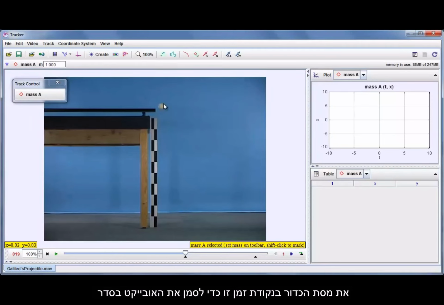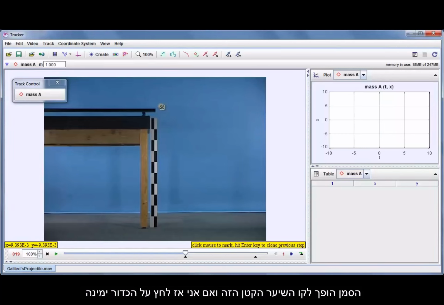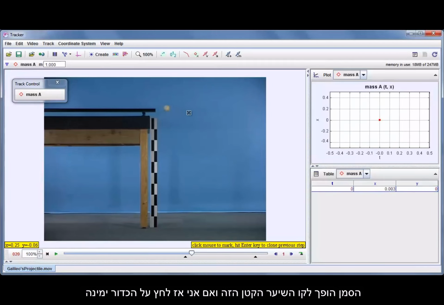So to mark the object, even though I created the track, I don't have any marks on here yet. I have to hold down the Shift key. I just push the Shift key, and I see that the cursor turns into this little crosshair. And if I then click on the ball, it left a mark, and the video automatically stepped forward to